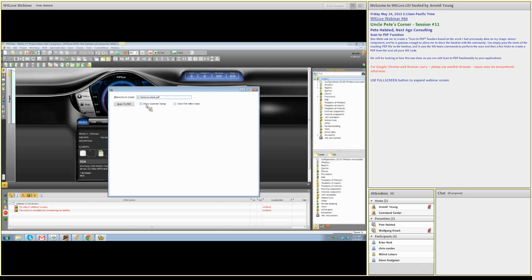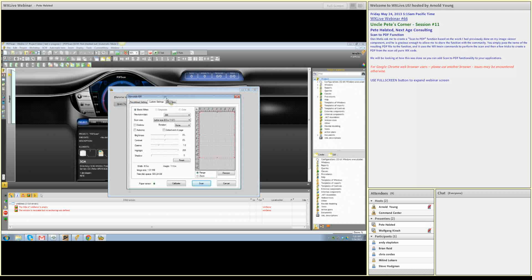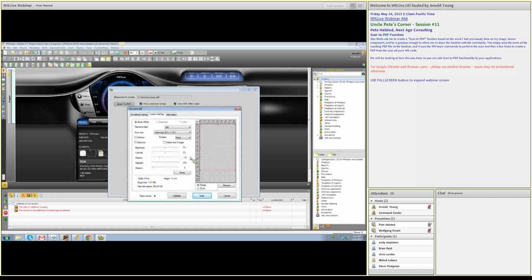One of the parameters of the function is whether you want to see the scanner setup screen or not, and whether or not you want to view the PDF after it's scanned. So then you just click Scan to PDF, and since I said show the viewer window, we get, now this